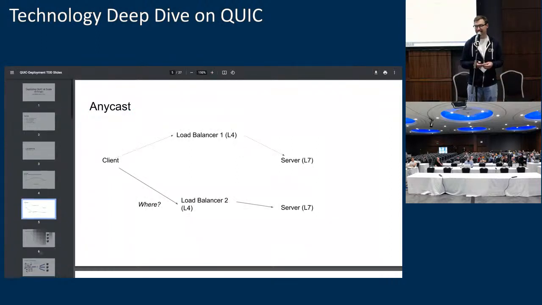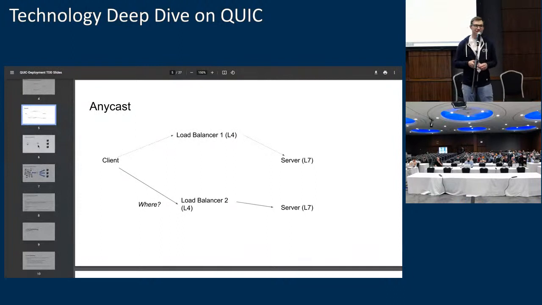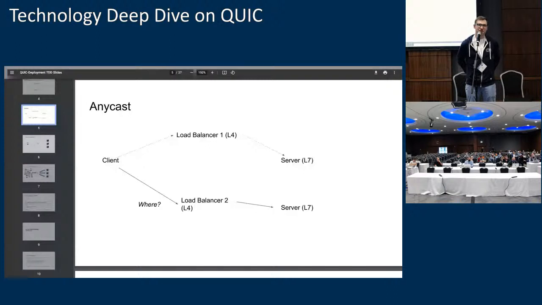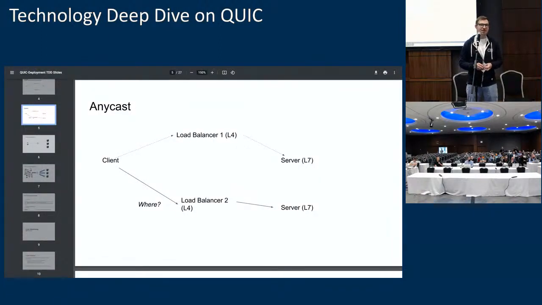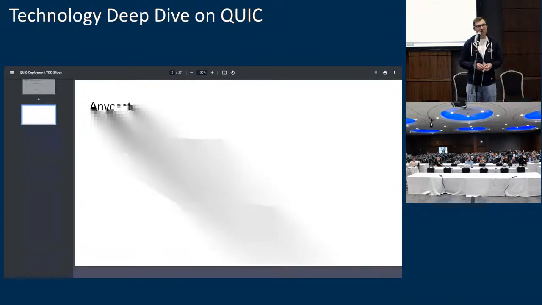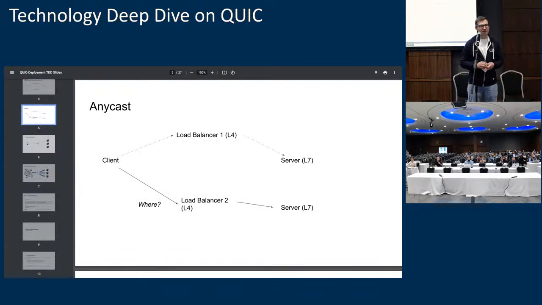or connection migration, it's fairly likely you will end up on another load balancer. This is particularly true if you're migrating from cell to Wi-Fi, you're potentially changing carriers, and you're potentially hitting different peering points. So even though connection migration is great, it does not work nearly as well, at least in our infrastructure, for anycast as it does for unicast, where basically an IP is tied to